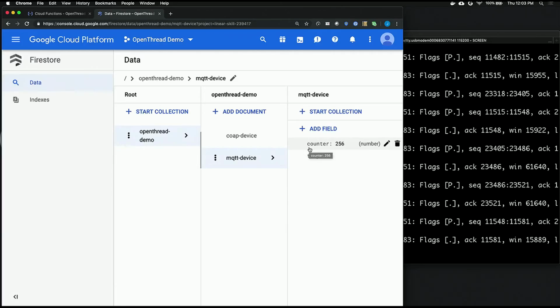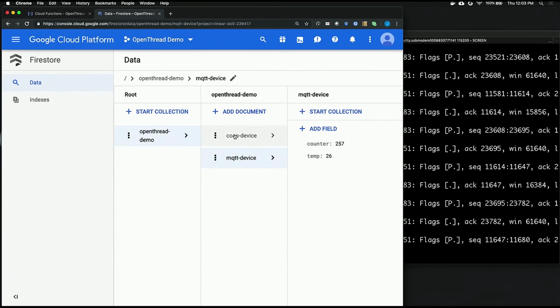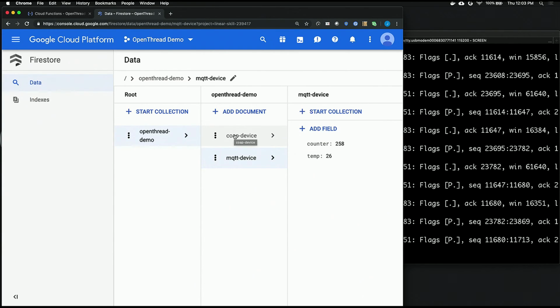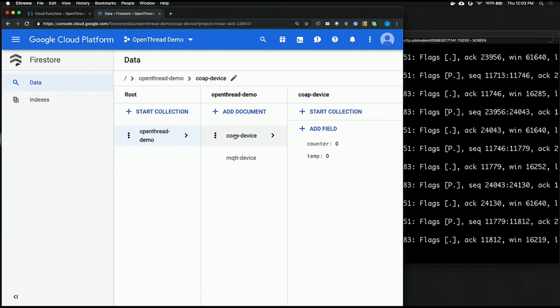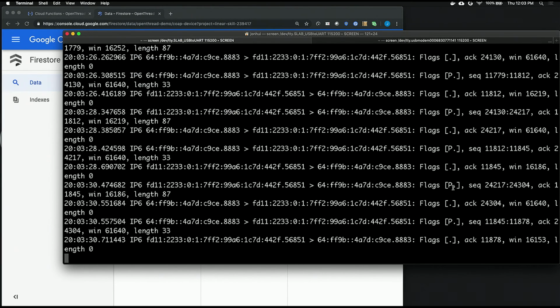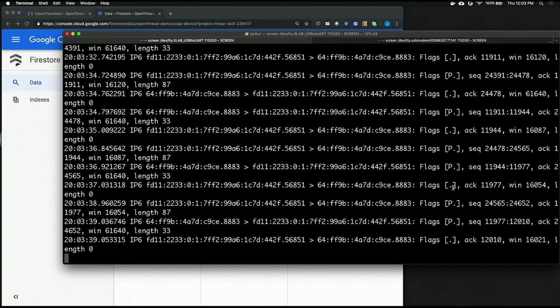So here, it's the same screen that I left it. You can still see the MQTT device still publishing data every 2 seconds. But I have another document here, which is for the CoAP device itself. And of course, because I haven't turned it on, the data is still set to 0. Now, if I move back to the console real quick, again, TCP traffic flowing through the Thread border router on the Thread interface. And on the desk here, if I pick it up, here's the CoAP endpoint. It's a Nordic dev board.